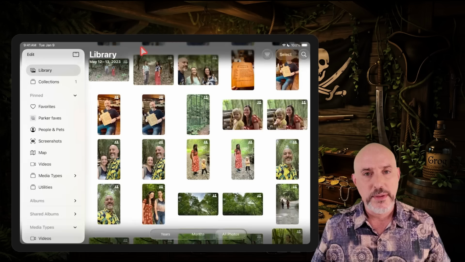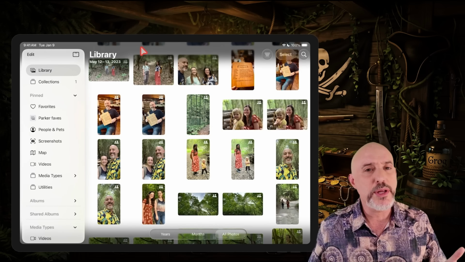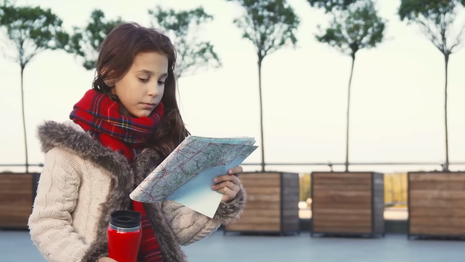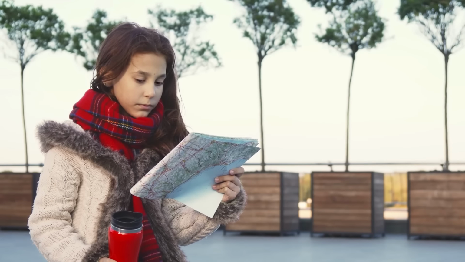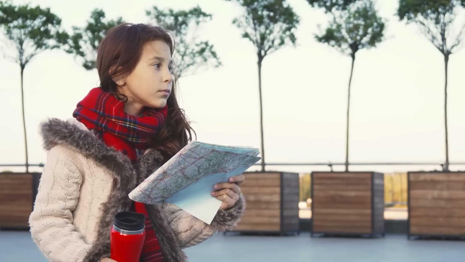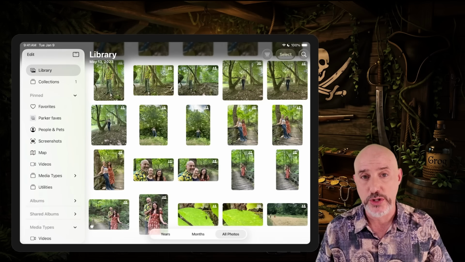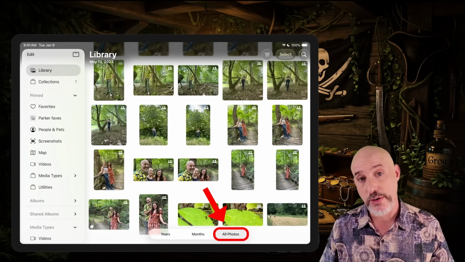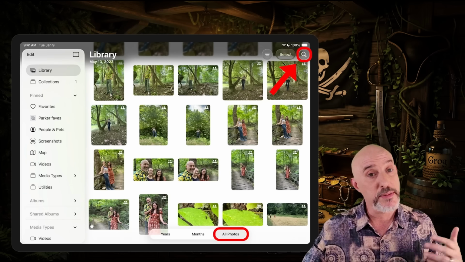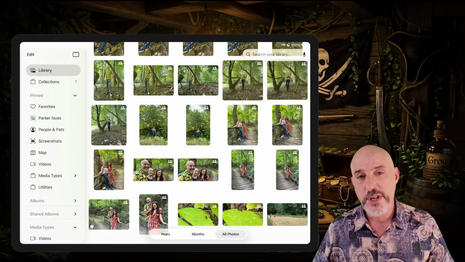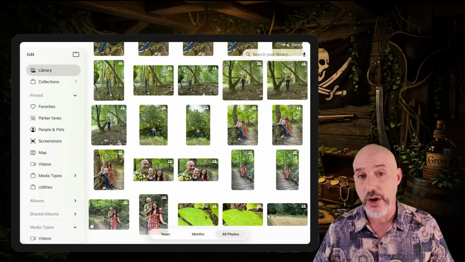you're looking for. But unfortunately, we rarely remember the exact date as well as we think we do. So that method can get you lost down memory lane really easily. Instead, let's jump right into our search tool. Make sure you're on the All Photos section down at the bottom, and you'll find the magnifying glass in the upper right-hand corner here. From here, you can type in any year and it will locate all the pictures from